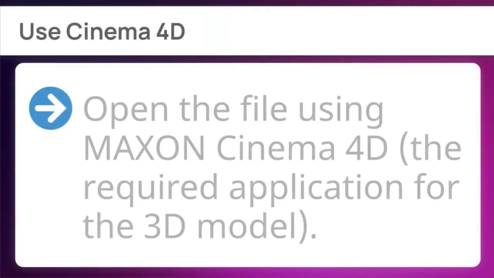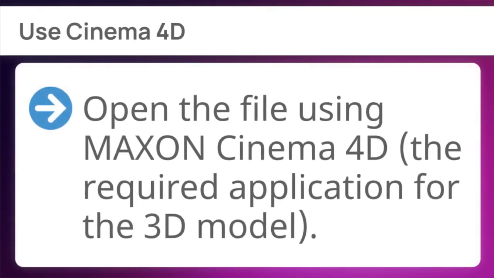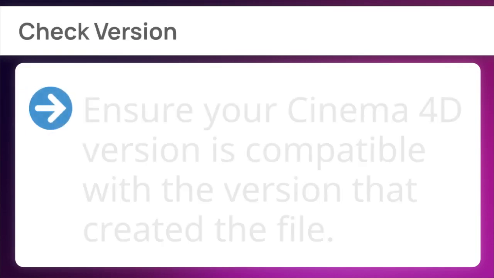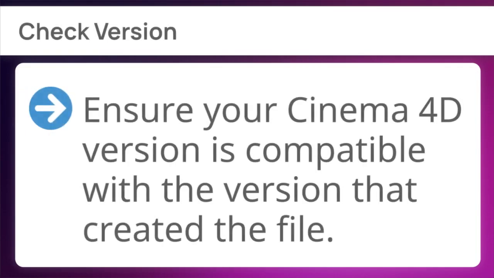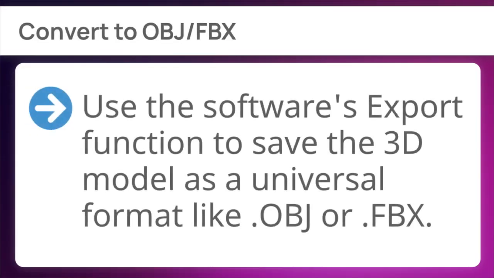First, use Cinema 4D. Open the file using MAXON Cinema 4D, the required application for the 3D model. Next, check version. Ensure your Cinema 4D version is compatible with the version that created the file. Finally, convert to OBJ-FBX. Use the software's export function to save the 3D model as a universal format like .obj